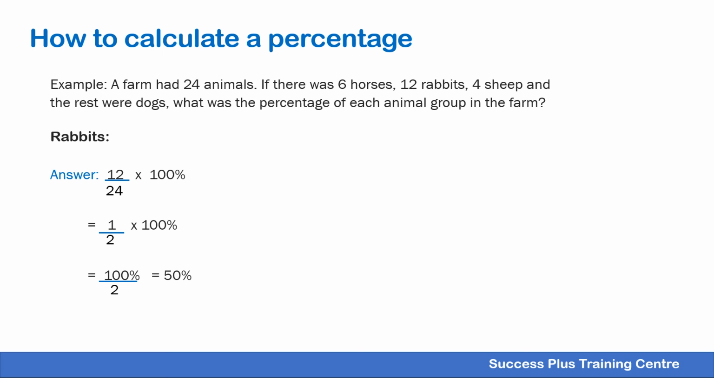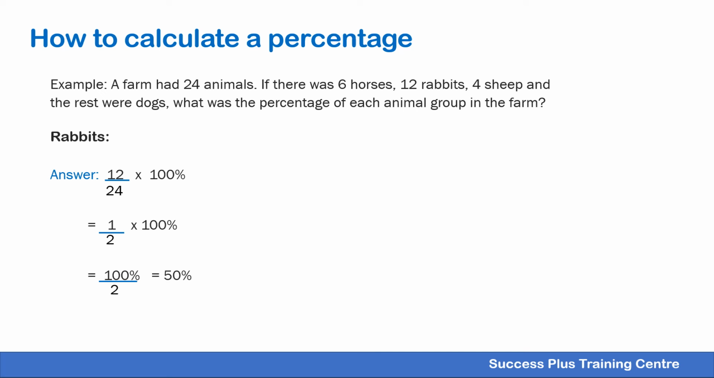Remember, the quickest way to answer these questions is by simplifying the fraction. Check if 24 can be divided by 12, and the answer is yes. So 12 divided by 12 equals 1, 24 divided by 12, that should equal 2. So we've got the value half times by 100% should give you the value of the percentage, which should equal